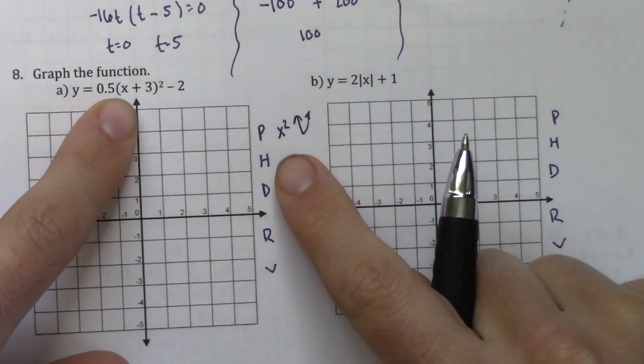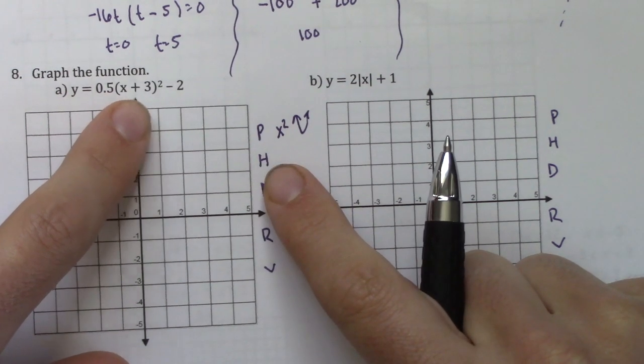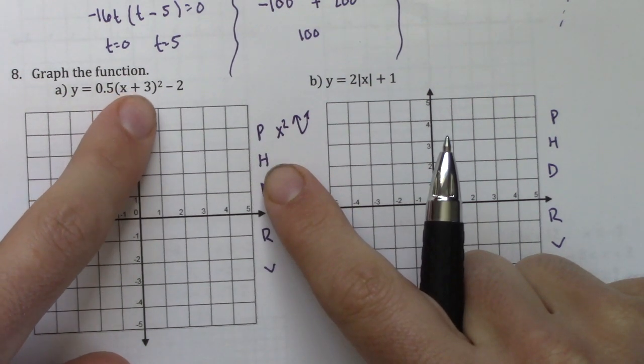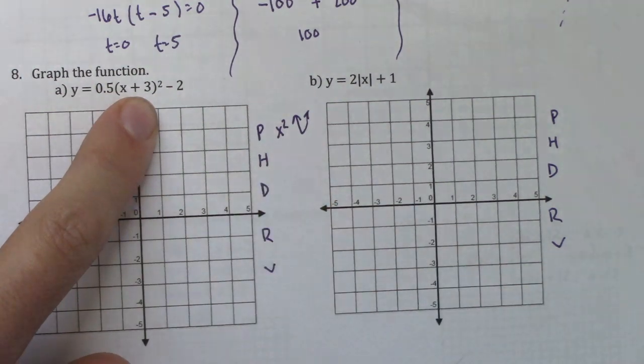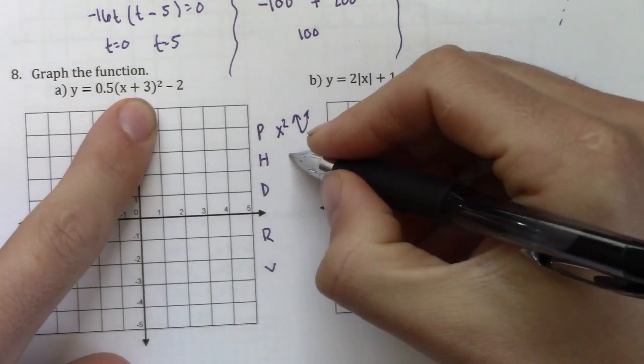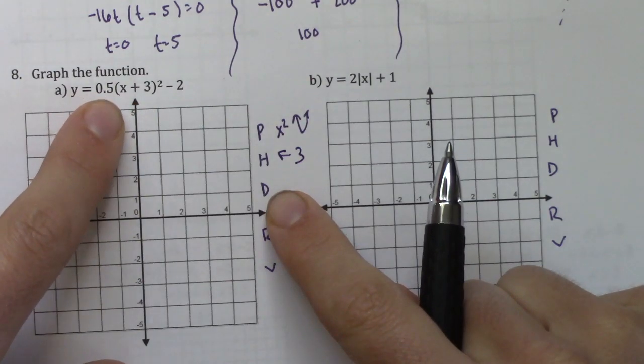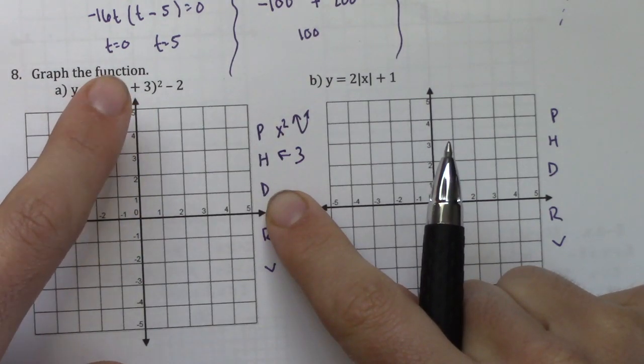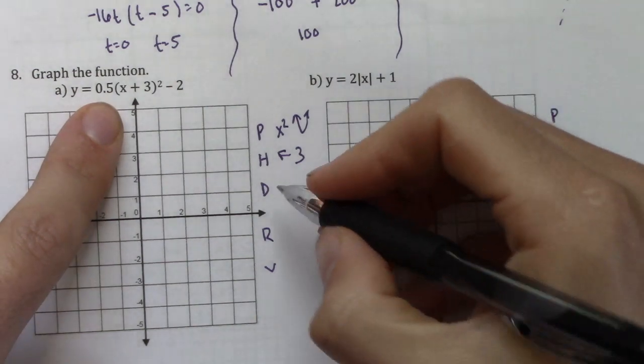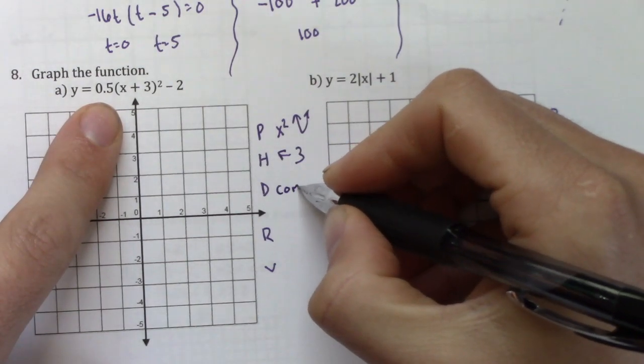Horizontal shift. Words. I need to start slowing down my speech. Okay, horizontal shift. Inside moves side to side. I'm looking at the +3, but that means it's doing the opposite of what I expect, so I'm going to the left 3 units. My dilation is the number in front. I see a 0.5, which is good. That is less than 1. So I compress